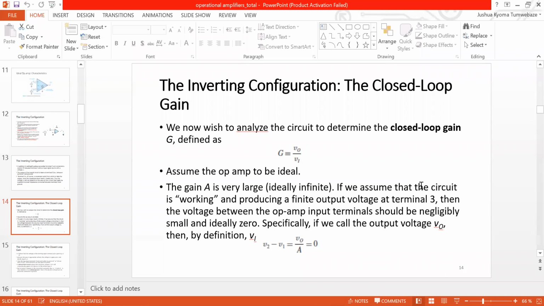Specifically, if we call the output voltage V0, then by definition, Vi should be V2 minus V1, okay? So what are we saying? We know that output voltage V0 is equal to A times V2 minus V1, okay? But if we look at our circuit,